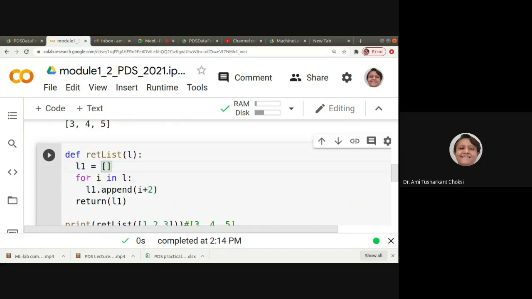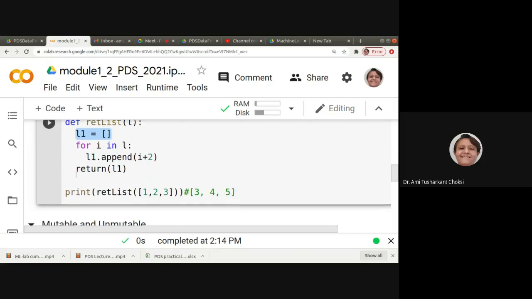Now for I in L, that is our original list, L1.append(I plus 2). So whatever is the element of our L, we add 2 and then append it to our list which is part of this function, and then we return L1.